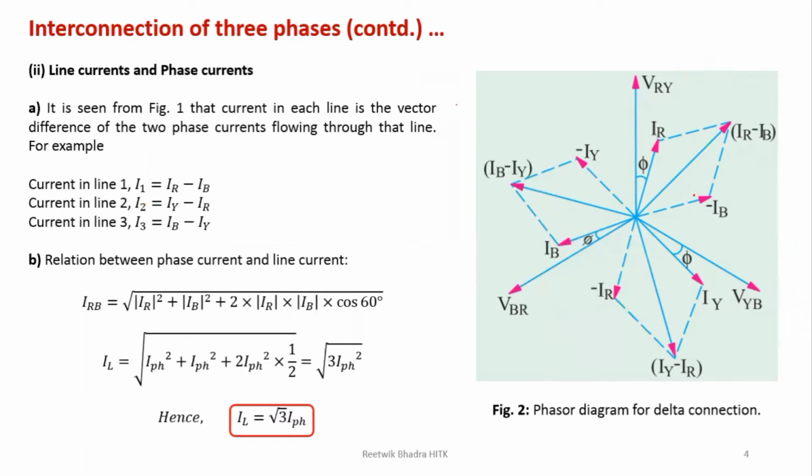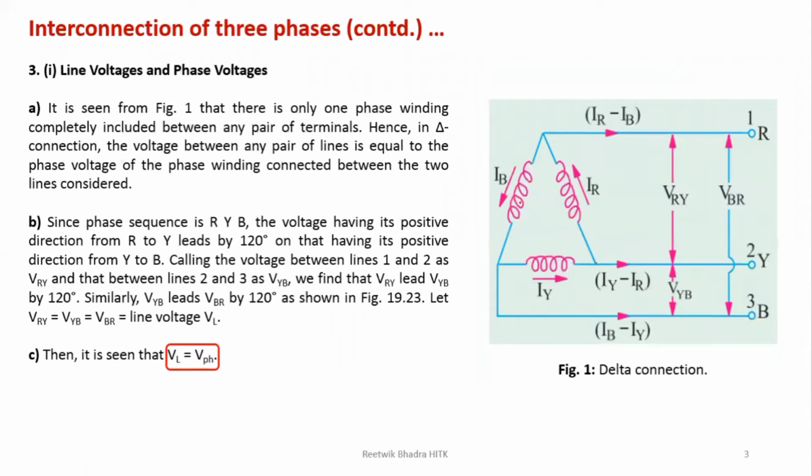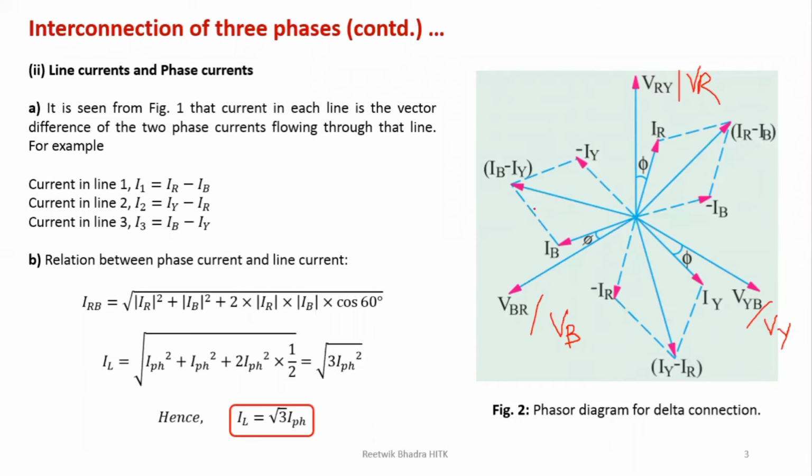Now what we'll show? We'll show the current, because the current we are seeing is the resultant of two different currents. So since this is VR, that's why it's better to draw in terms of phase voltage. So it's better to write VY over here, and VB over here. Now we are taking inductive winding. In an inductor, current lags. So lag, I told you which direction you should show, clockwise.